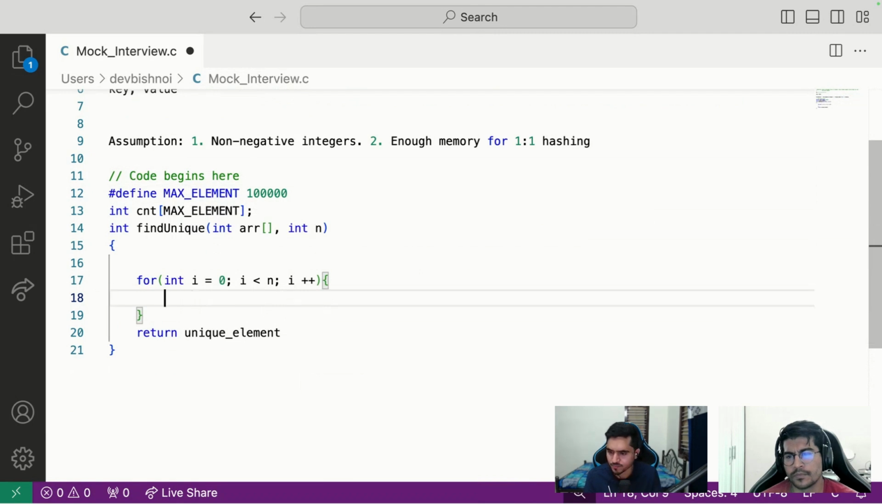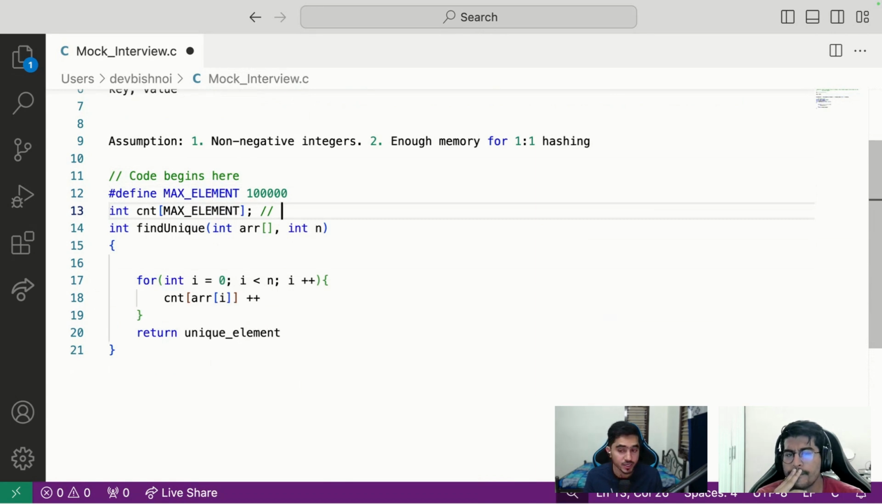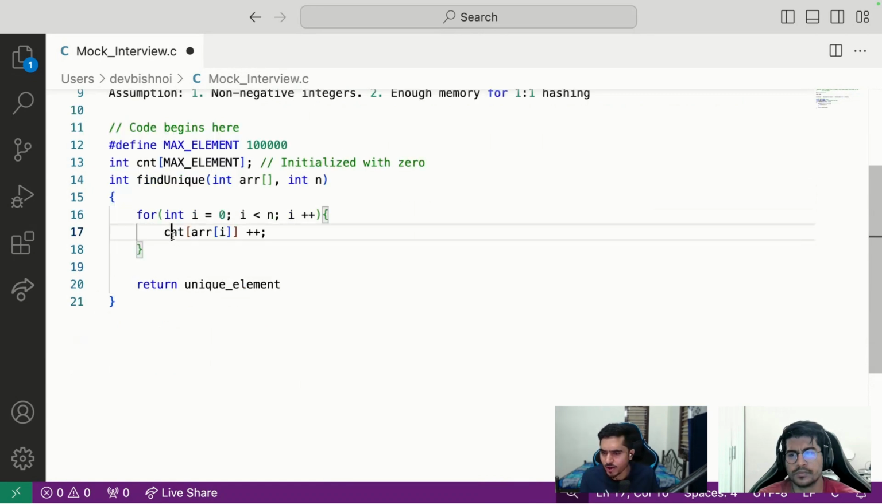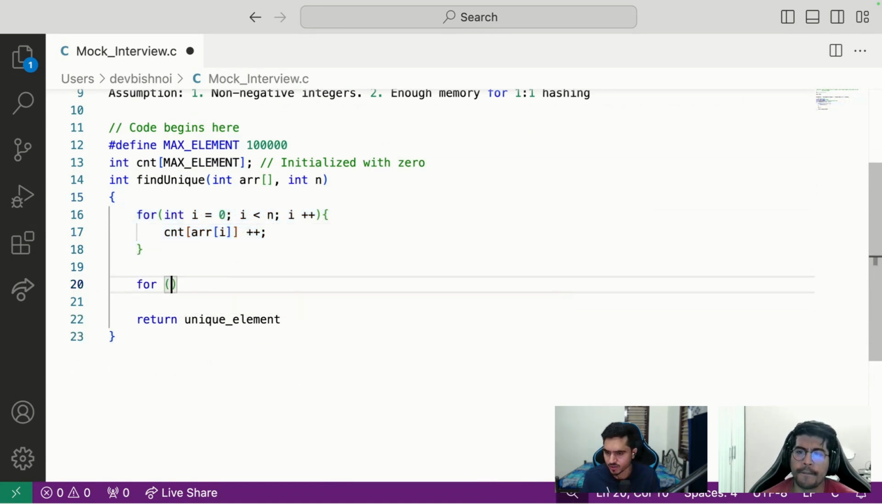Then I can have count, an array, then count of i plus plus, right? Before I do that, since it is static, this memory will be allocated in the data segment, the uninitialized data segment. So this will be initialized with 0. So this would have my count across all the elements, and then what I can do, oh man, this time I have to iterate through